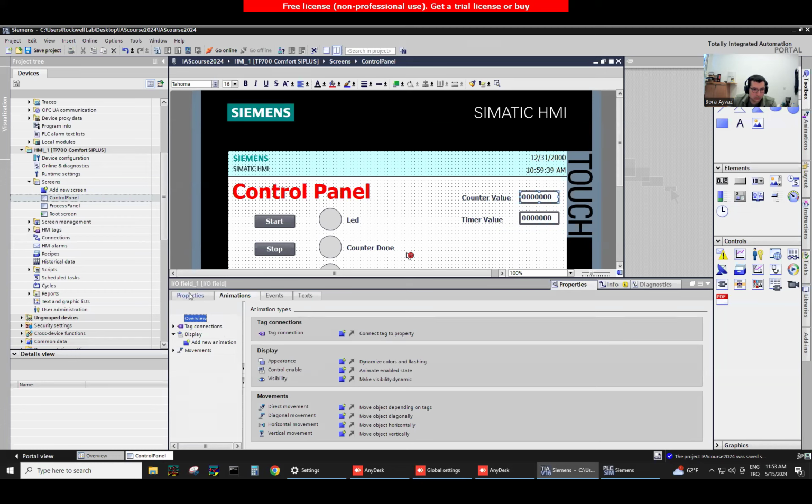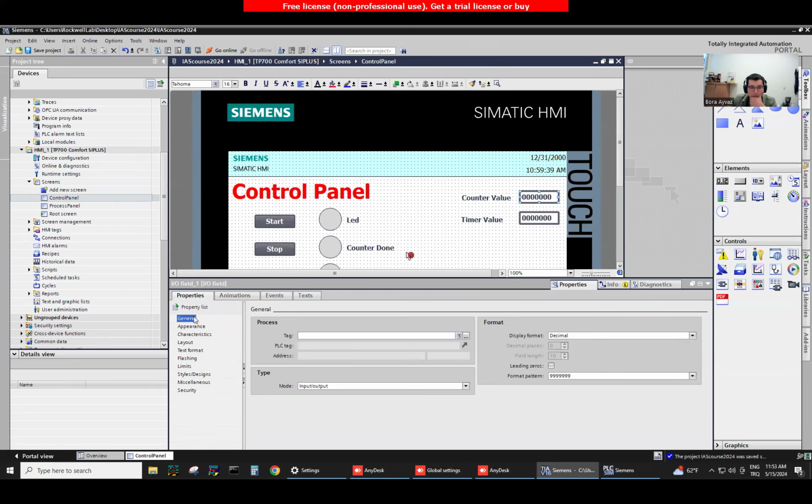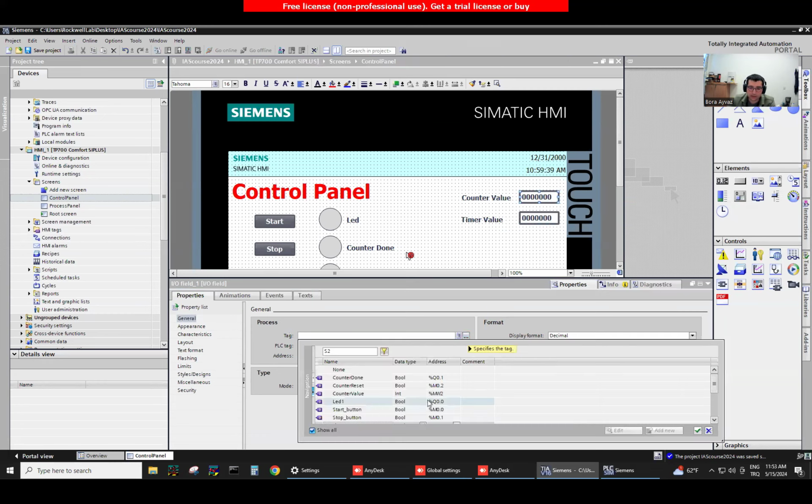And here is our animations. And we won't add any animation for this numerical screen because it has its process section. The process section automatically defined as the value that will show up here. So from process section, I'm adding our values. I'm adding counter value